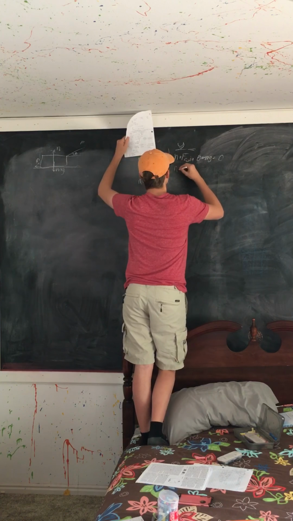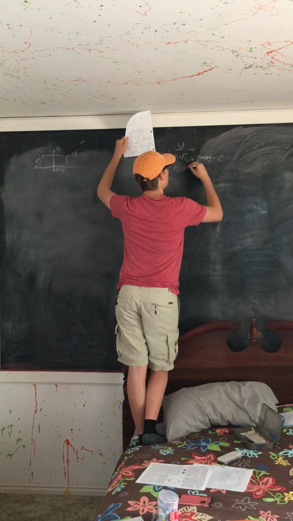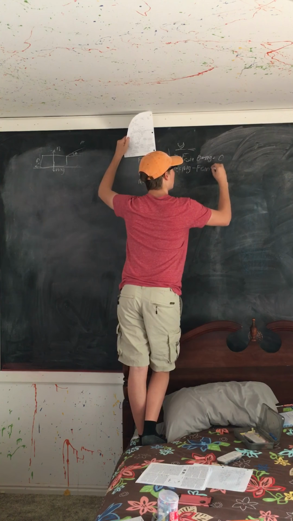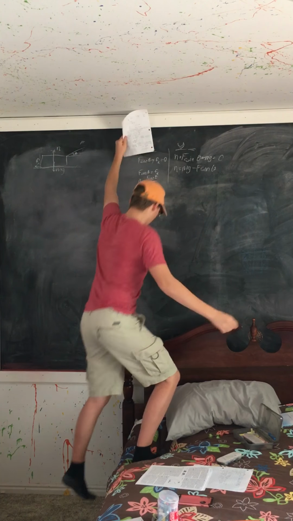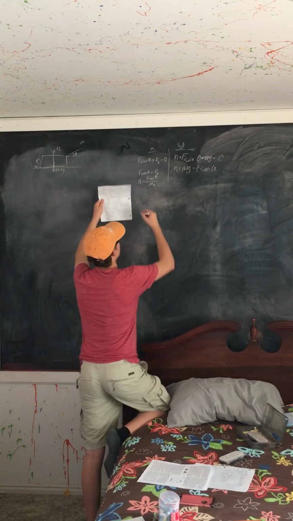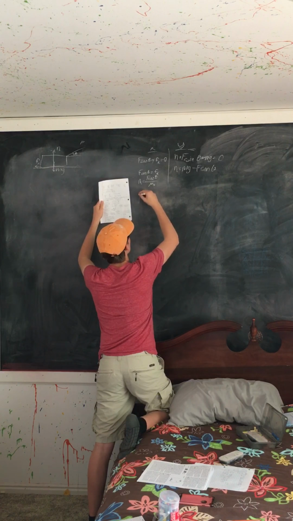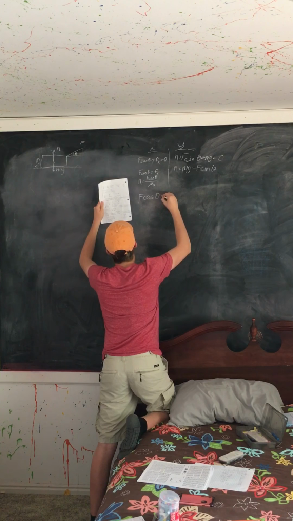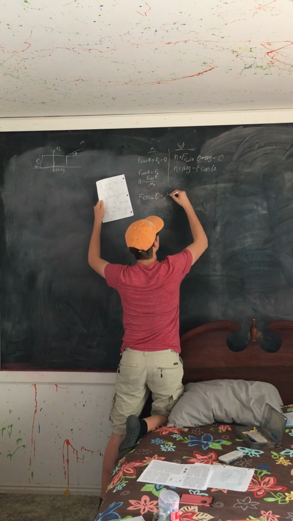So then the normal force is equal to mg minus F sine theta. Then we take these two things and set them equal to each other. So F cosine theta is equal to mu_k